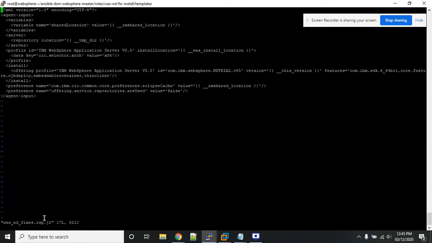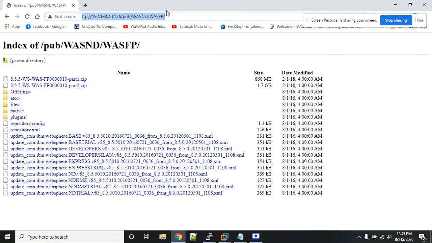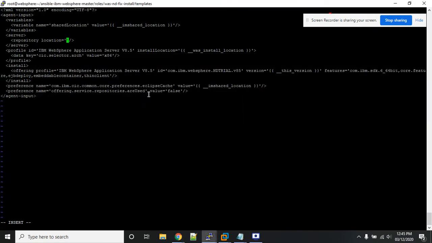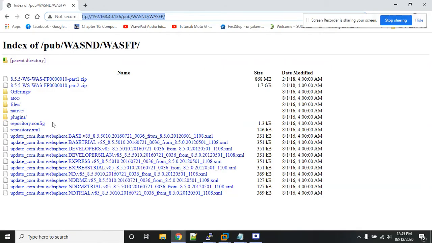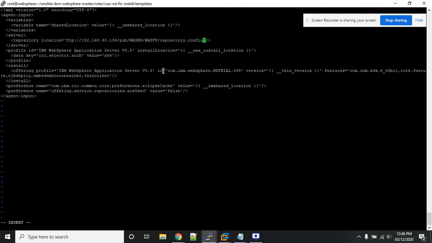So instead of this repository variable that has temp_dir, I will give it directly my FTP URL path. In this way, I will save some memory, sorry, space.